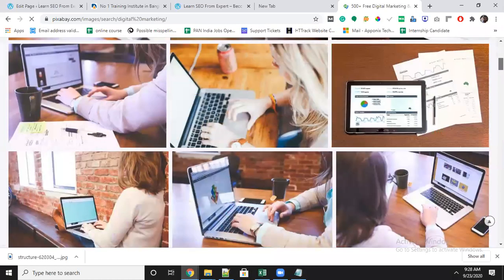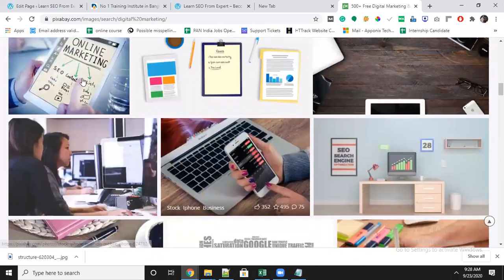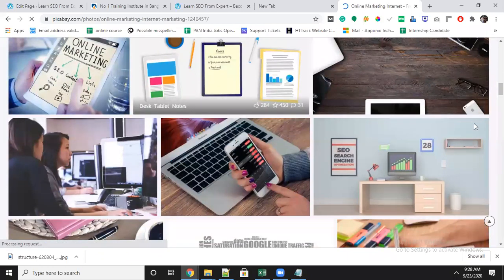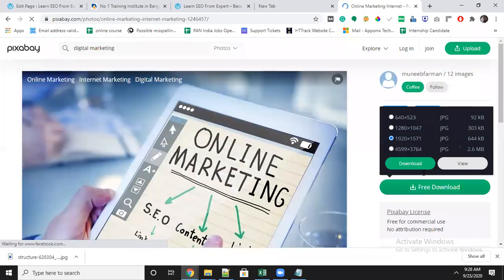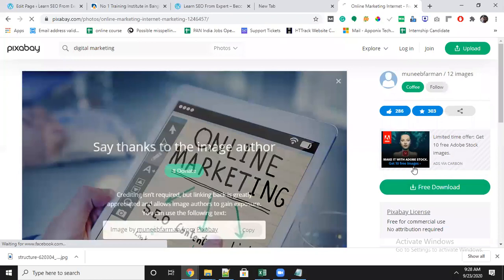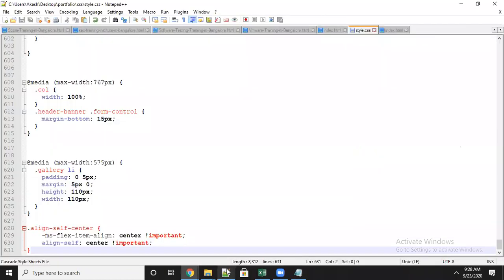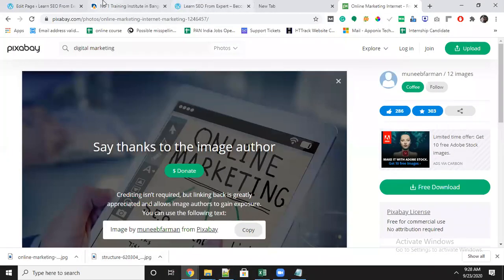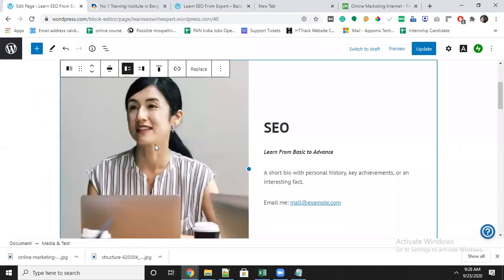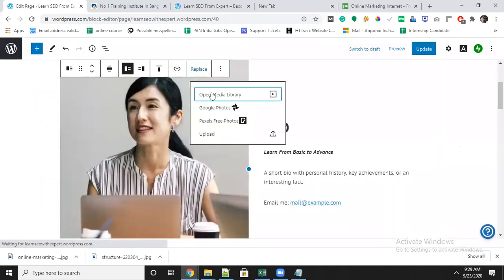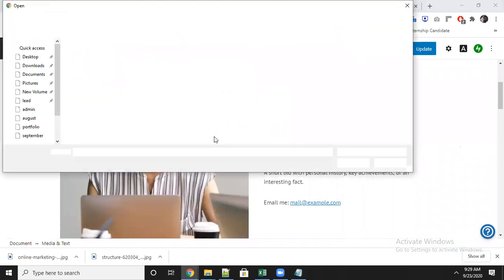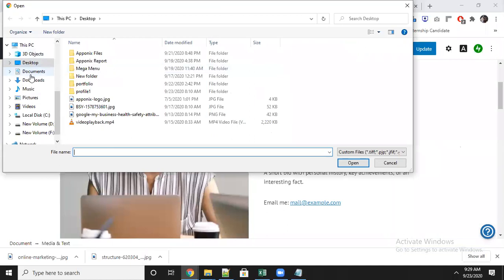Okay, here I will take one of the digital marketing images also. Let's say I will take it as an online marketing image. I will keep it. Okay, now online marketing also came. I will tell you how to replace it now. We just have to click on the image, replace. Here is the option from which resource you want to do. Okay, I want to upload now because I have already downloaded. If you go to downloads, you will get an idea.